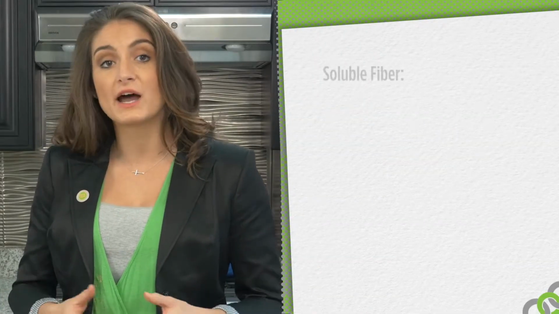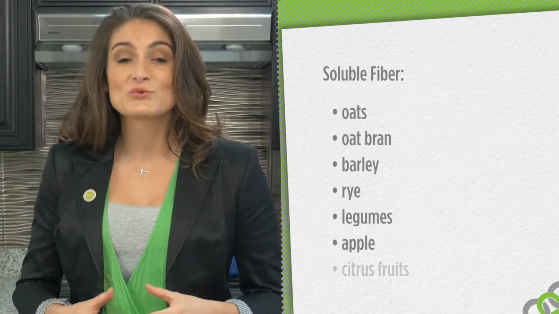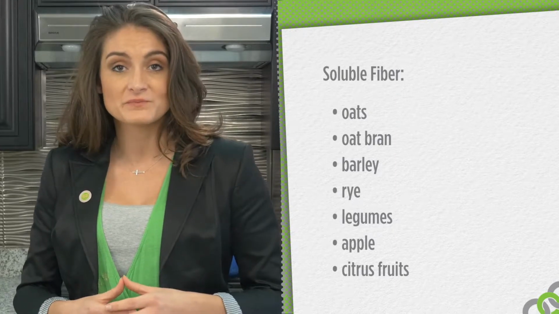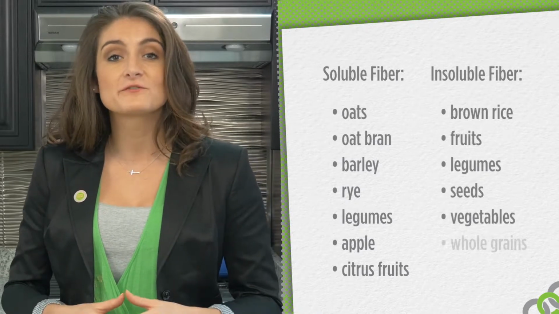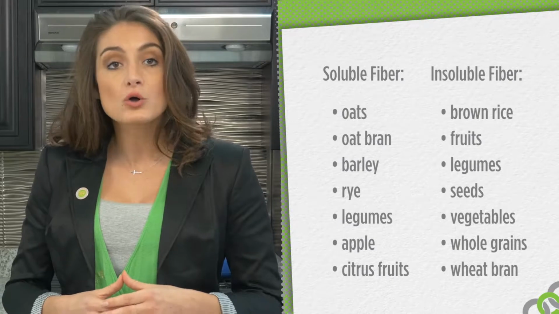Sources of soluble fiber include oats, oat bran, barley, rye, legumes, apples, and citrus fruits. Sources of insoluble fiber include brown rice, fruits, legumes, seeds, vegetables, whole grains, and wheat bran. Remember, there are health benefits to both types of fiber, so try to include a variety of high-fiber foods in